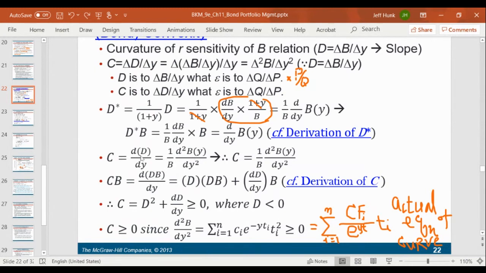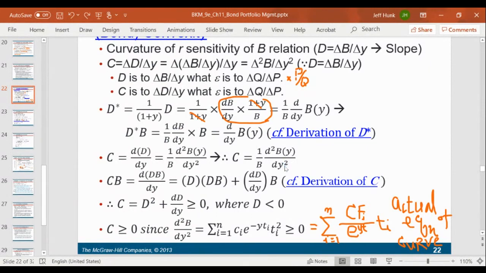Duration is the first derivative of bond price, and the derivative of the derivative is the second derivative with respect to interest rate, and therefore convexity can be defined as this: 1 over B times the second derivative of B, bond price,